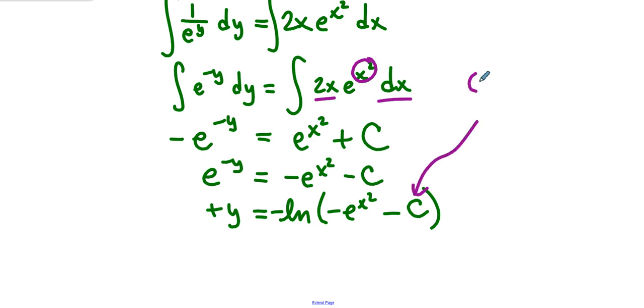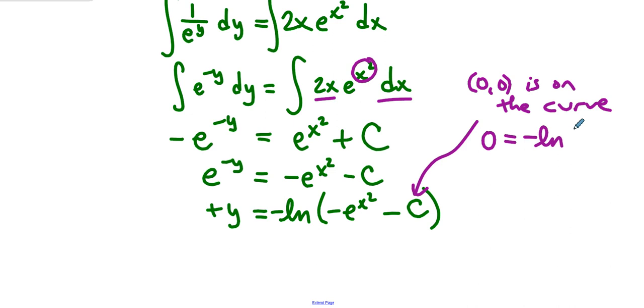Well, you'll recall that 0, 0 is on the curve. So the y value is 0 when the x value is 0. If the x value is 0, this is e to the 0, that's 1. When is this true? Well, the natural log of a number is 0 if the number is 1. So negative 1 minus c is equal to 1, and so it's not hard at all to figure out